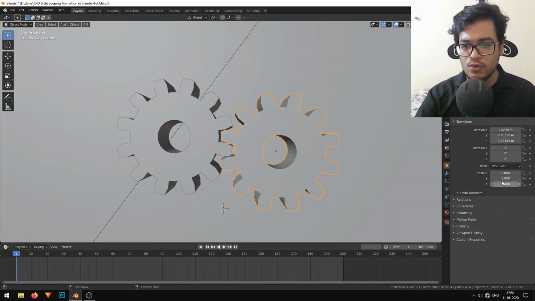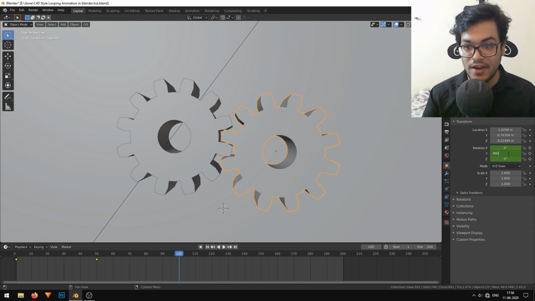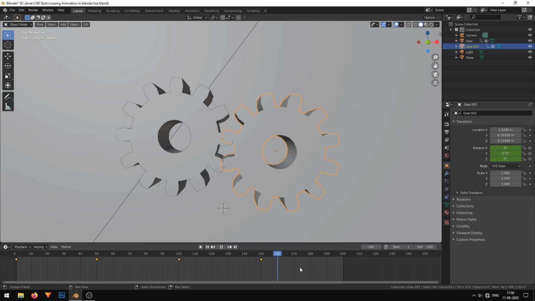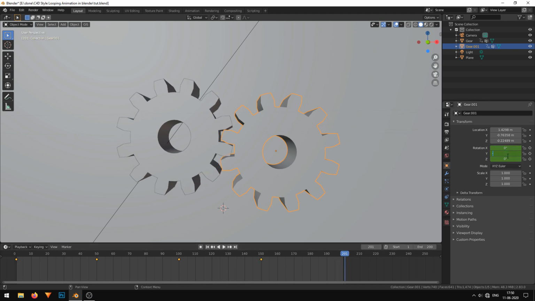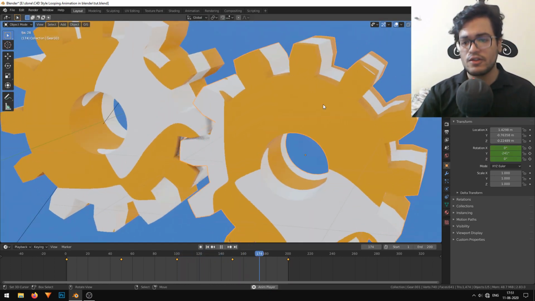Okay, I'm just going to do the same thing to the second gear. So just adding keyframes, nothing fancy. And in the second gear, make all the rotations negative. So that is how gears work. If one gear is rotating clockwise, the other gear rotates anti-clockwise. So just put the negative sign and do the same. You might get something like this. So this looks quite cool.